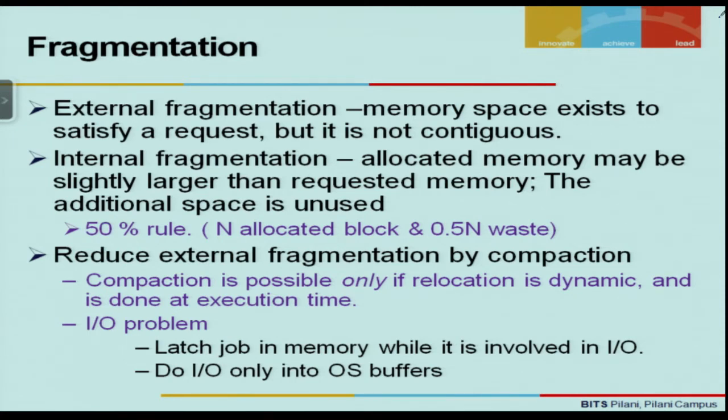Now the memory, in the memory the data transfer is going to be carried from the hard disk, the data is getting transferred into the memory, and if at that point of time we are going to carry out the compaction, then the device which is the DMA controller will not be able to carry out this transfer, because the request which has been sent to the DMA controller is that it needs to transfer the data from a hard disk to a specified memory location, and because of a compaction this location will get altered.